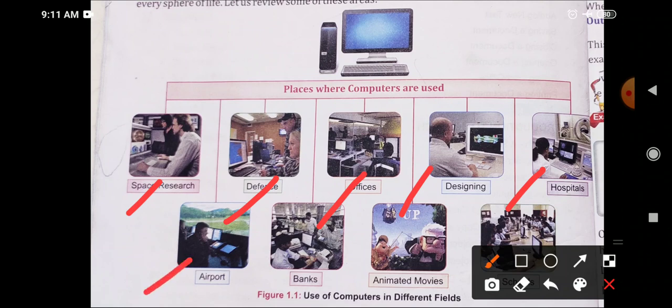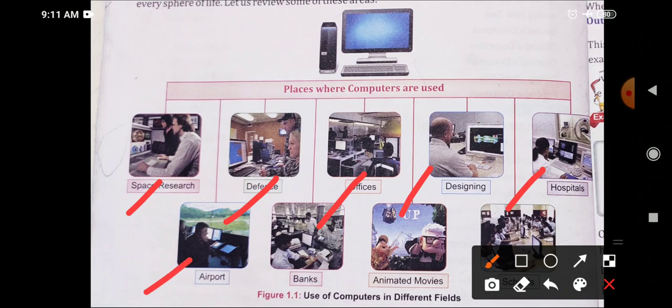Next is airport. How computers are used in airports. To ensure that planes stay on schedule and fly safely, and also to allow you to easily modify travel arrangements at any airport.